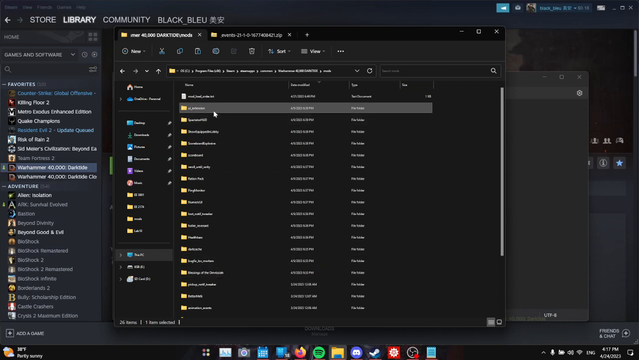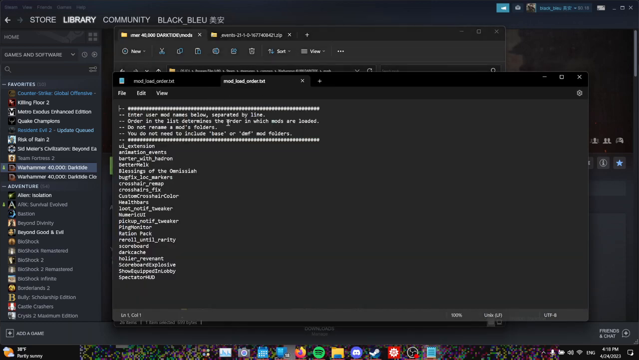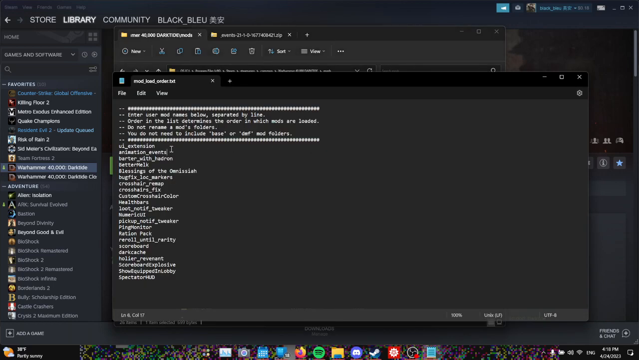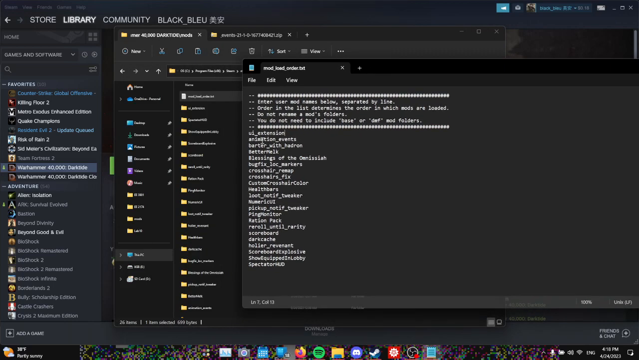Like, and here's the UE extension. I got that one. Animation events I already have as well. And with all of the mods that you install, this mod_loader.txt file is also going to be in here from the Darktide mod loader transfer, whatever. So everything that you put in here as a mod folder, you want to